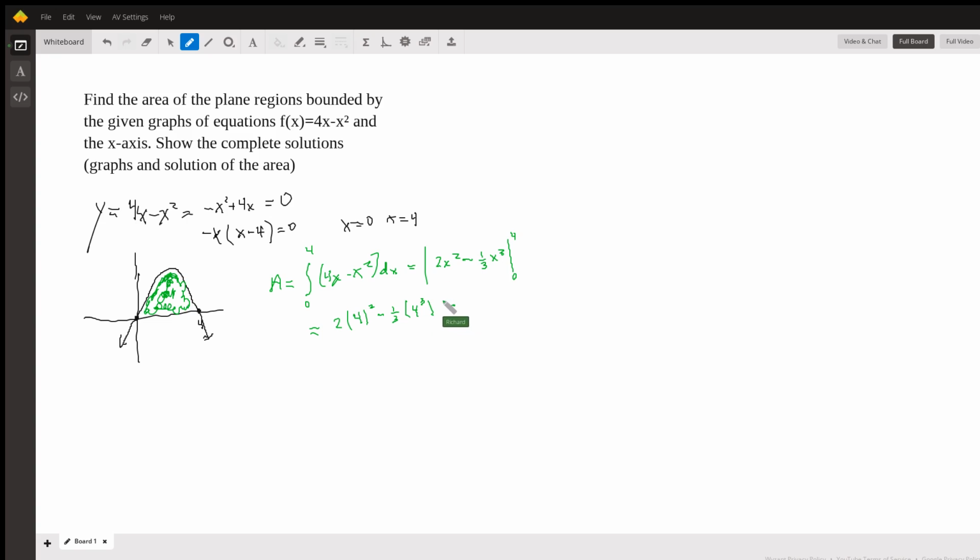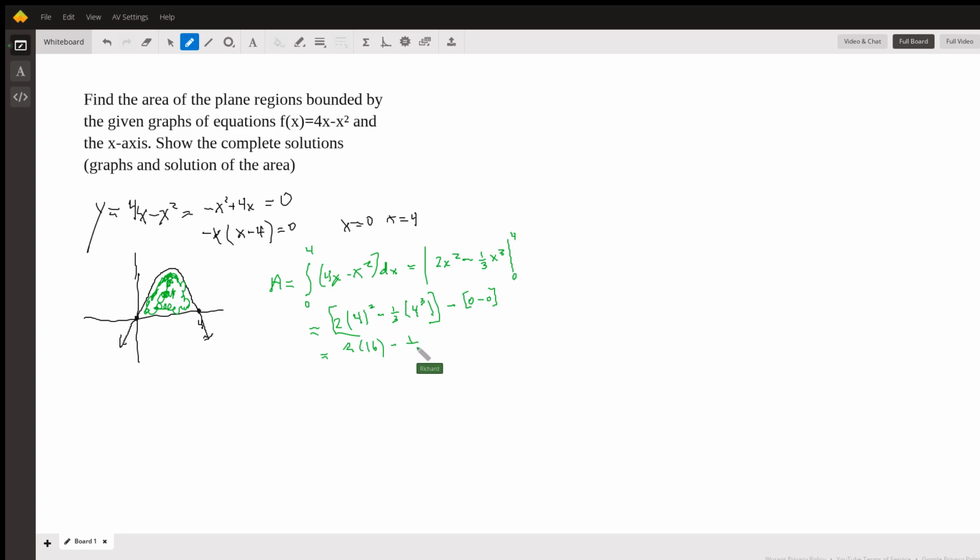But then you can see the rest of this is just going to be 0. This is going to be 0 minus 0 here, coming out of the 0 part. So you're plugging in 4 first, and then you're subtracting what happens when you plug in 0, but you see that's all zeros there. So we're left with 4 squared is 16, so it's 2 times 16